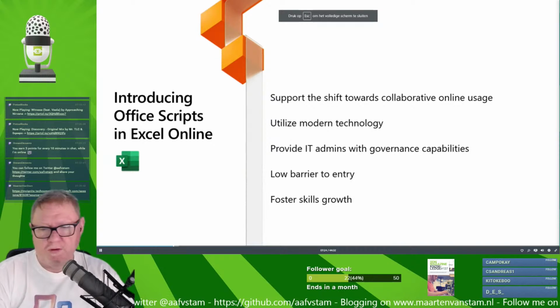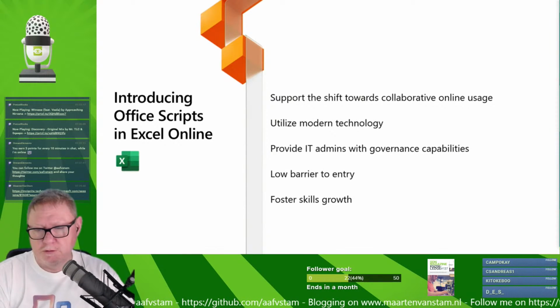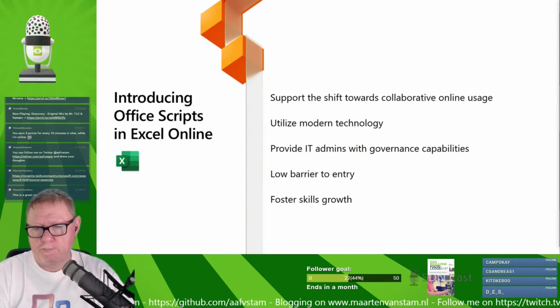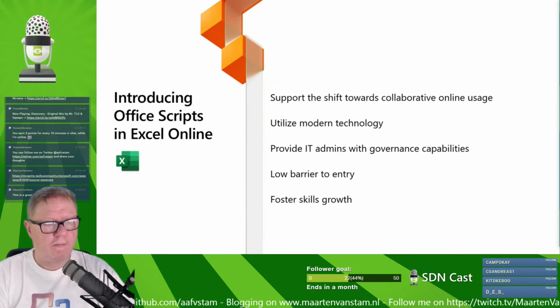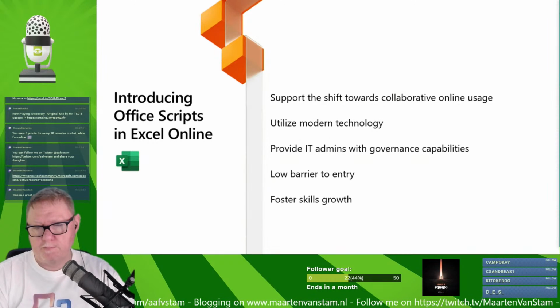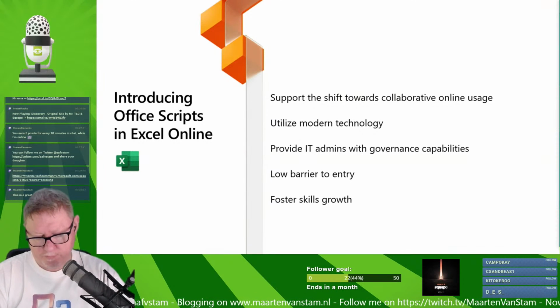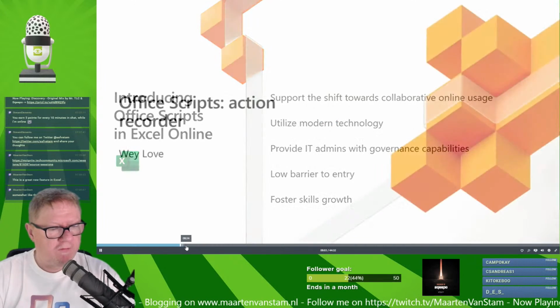Now, the other feature piece we talked about a little bit was that low barrier to entry. We didn't want only pro developers or the IT department to be able to create these automated solutions. And so what we wanted to do was make sure there was a low barrier of entry. You should see that come through in our demos. There are some low-code, no-code solutions that allow people to get started. And once they get started, our hope is that